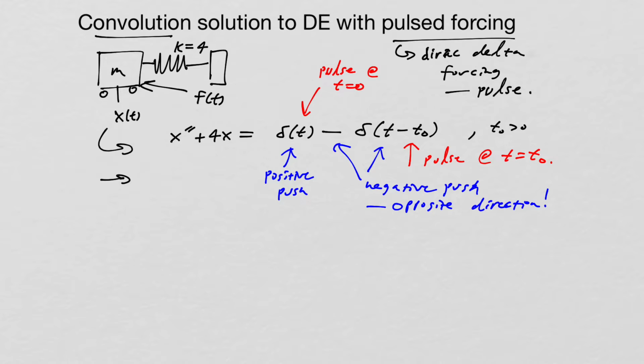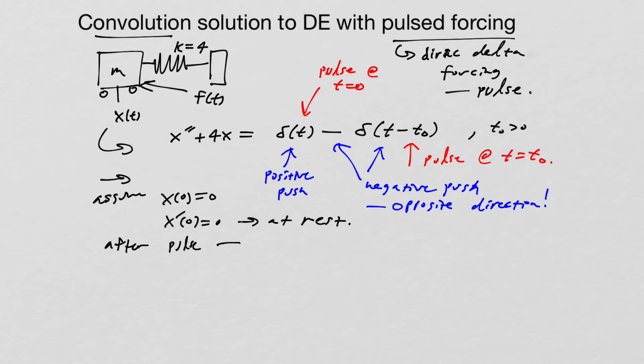Okay, so one question I might want to ask is, we'll also assume that x of 0 is equal to 0 and x prime of 0 is equal to 0. So we're basically at rest. So we're at rest while we're before the push, but then after the pulse, we expect we're going to have an oscillation. All right, but after the second pulse,